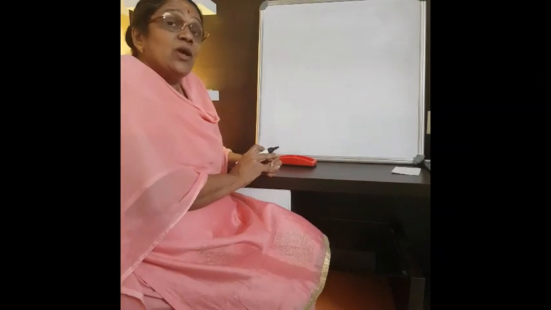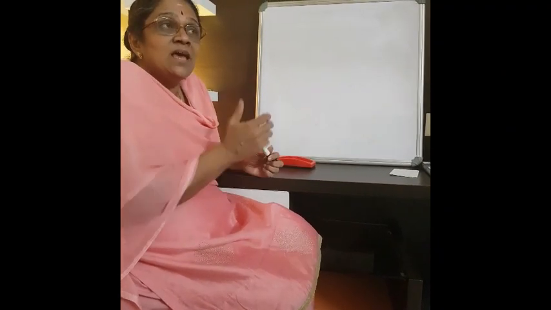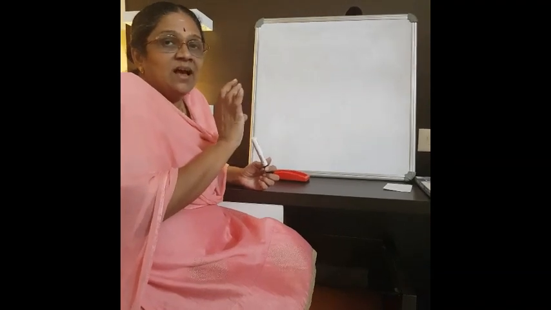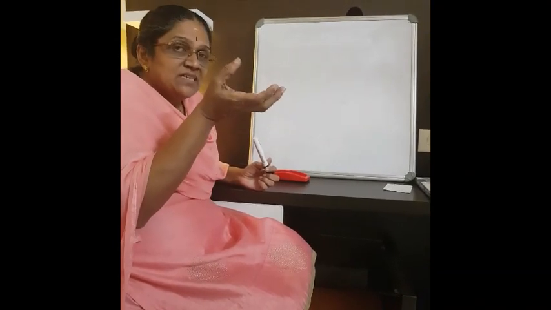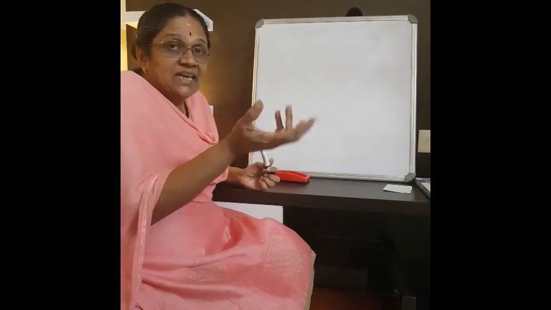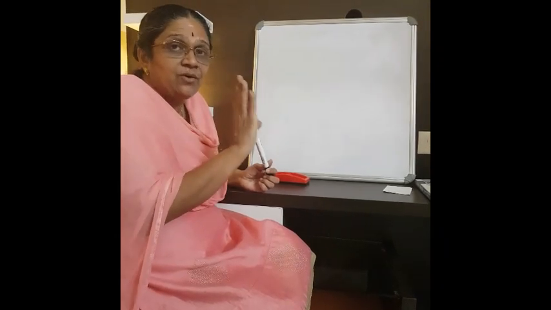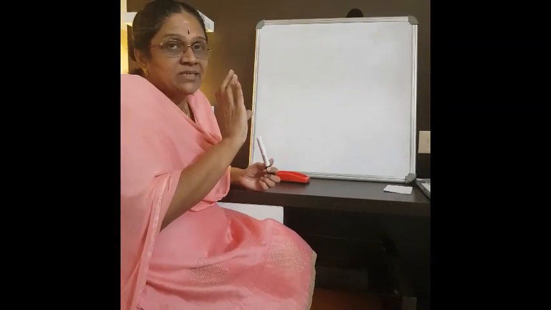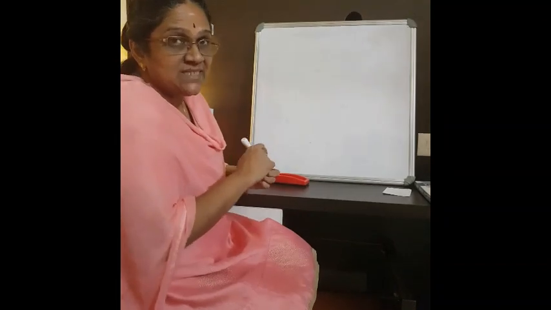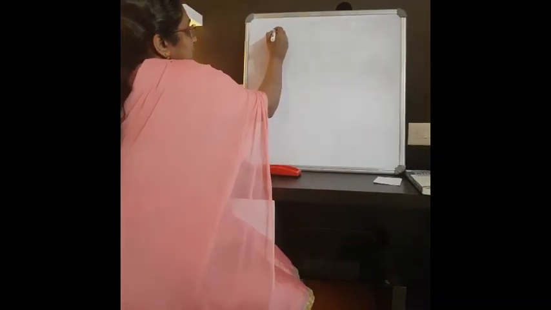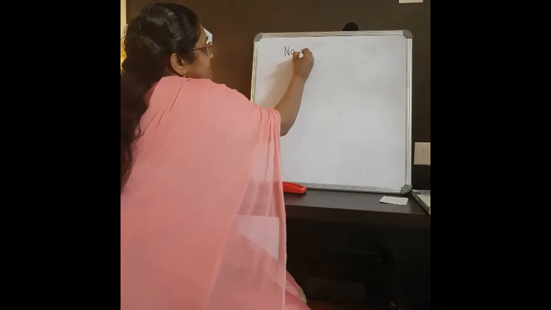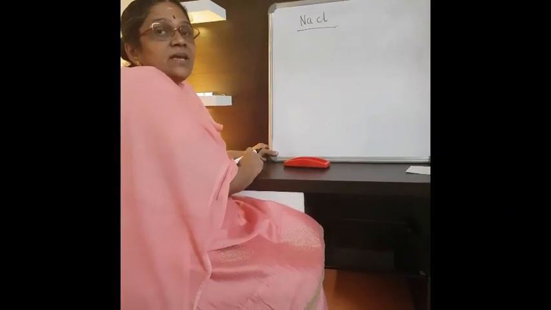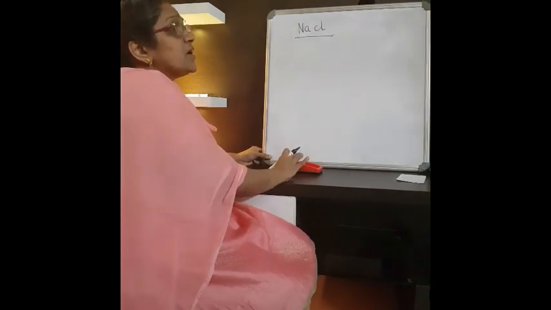Okay. What do you mean by ionic formation? Ionic formation means ions are formed and then they react. Isn't it? First the metal will form ions, whether negative or positive, a cation or an anion. Then these both will combine together to form the product. Okay. Now we will see one such example, the formation of the ionic compound NaCl. What is NaCl? Sodium chloride.